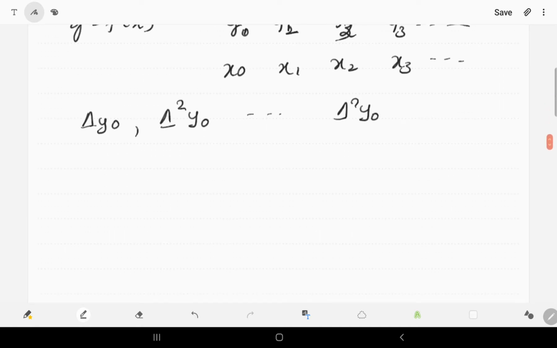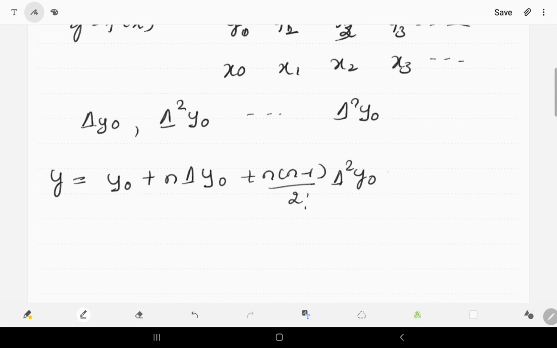Now, the formula is y is equal to y0 plus n delta y0 plus n into n minus 1 by 2 factorial delta square y0 plus n into n minus 1 into n minus 2 divided by 3 factorial delta cube y0 and so on,